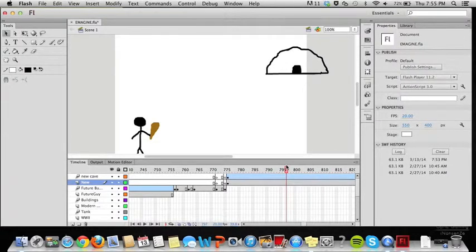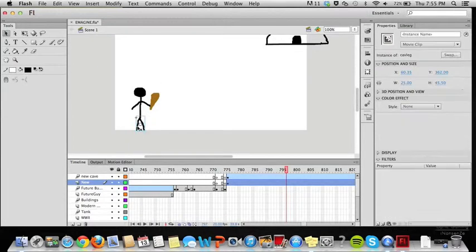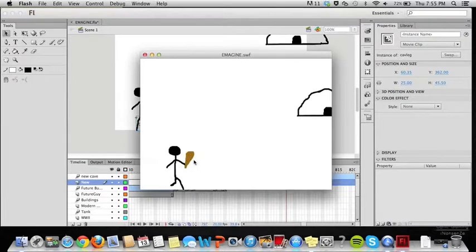If I could have more time, I think I would have liked to add more detail to the backgrounds, and maybe make them look more realistic and not as cartoonish. And I would definitely do more on the walking motion, because as you can see it's kind of choppy,